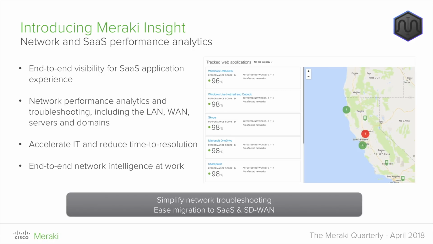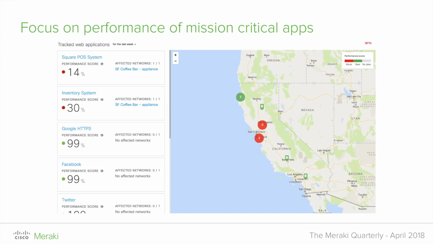for those to help understand where we may be seeing problems. So if you look at the diagram on the right-hand side, this is a screen capture from the Meraki dashboard. What we're seeing here is a performance score for each of our critical web-based applications. And the score is built up out of that network layer performance and the application layer performance. So we're looking at how well the server is responding. Is the server having a bad day today, as well as just what's happening on the wide area network? So we can really pinpoint wherever these problems happen to lie.